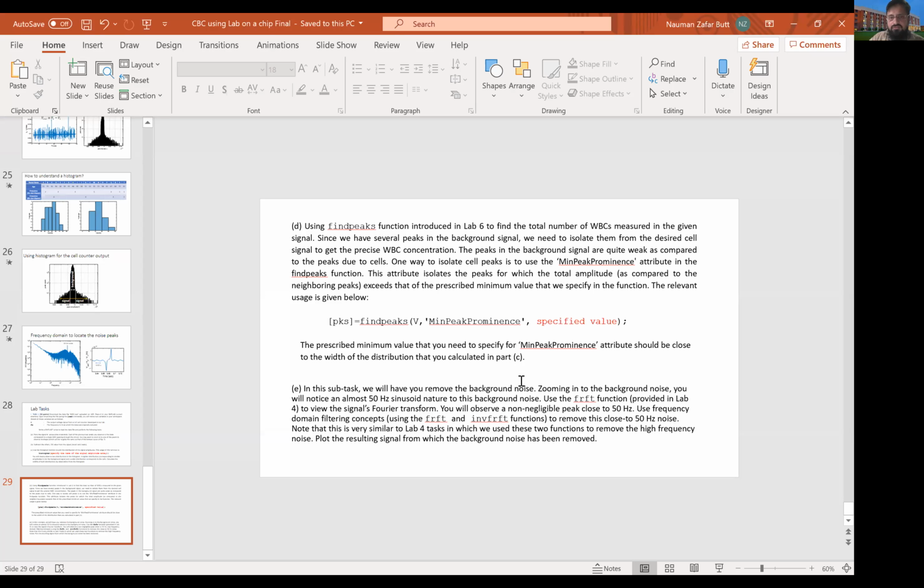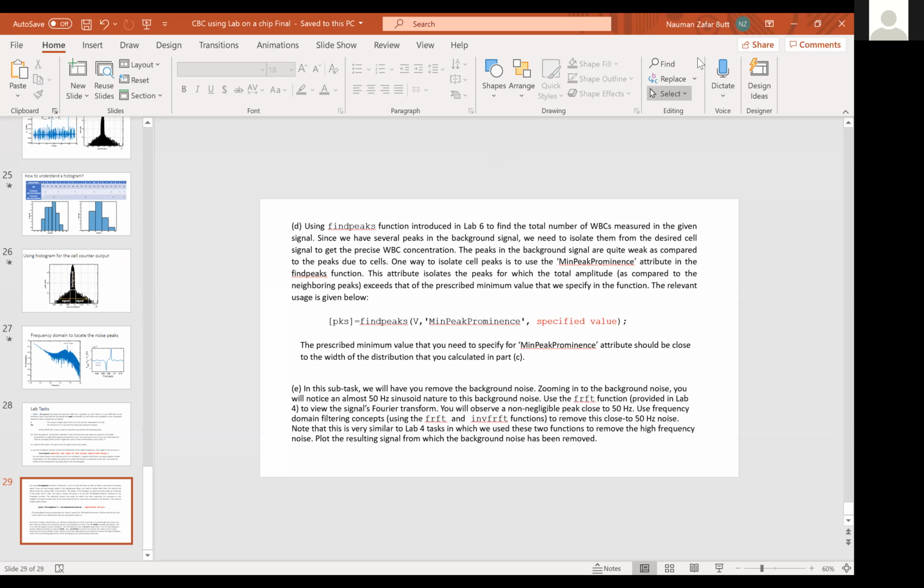ये एग्जैक्टली वही वैल्यू होगी जो आपने डिस्ट्रीब्यूशन हिस्टोग्राम में देखी थी, उसमें जो टाइटर डिस्ट्रीब्यूशन है उसकी विड्थ, that width is corresponding to the background. आपने उसको अवॉइड करना है। तो जो आपकी मिनिमम पीक प्रोमिनेंस है, वो उतनी ही होगी जितनी वो जो टाइटर डिस्ट्रीब्यूशन है उसकी विड्थ है। तो that you can specify. तो अब मुझे कुछ क्वेश्चन नजर आ रहे हैं, हैंड्स रेज, प्लीज आस्क द क्वेश्चन।